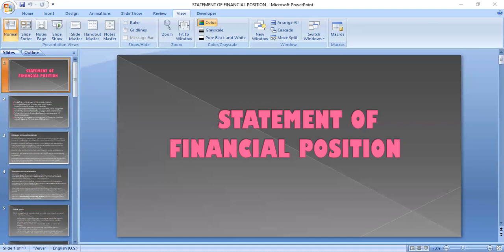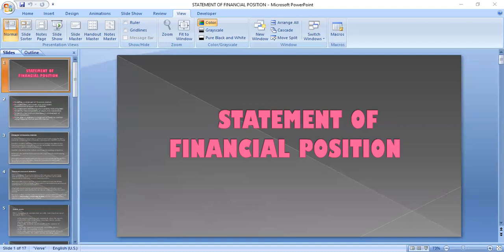The meaning of equity is increased by profitable operations and contributions by owners. However, it will be decreased by unprofitable operations and distribution to owners, or the giving of dividends for corporate